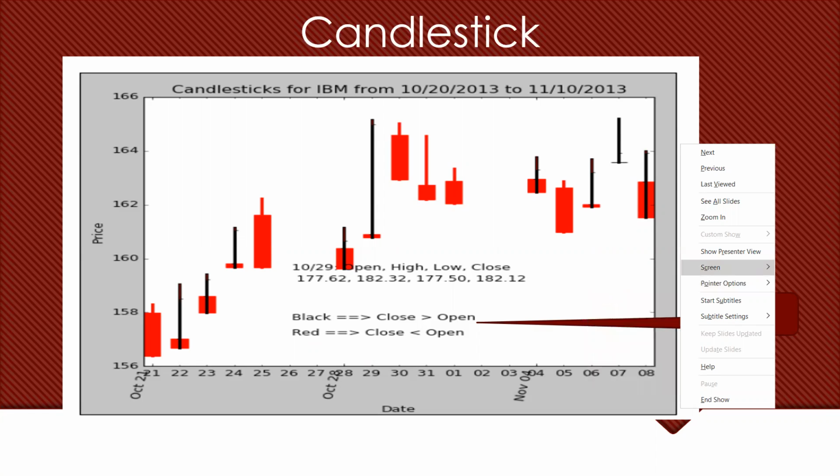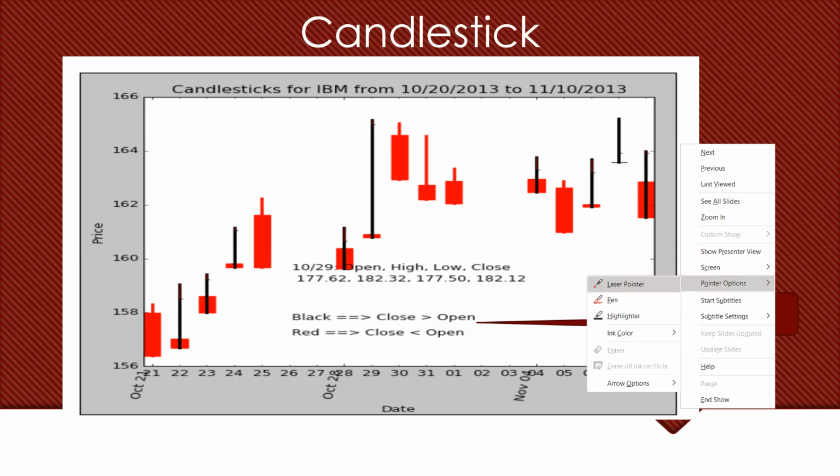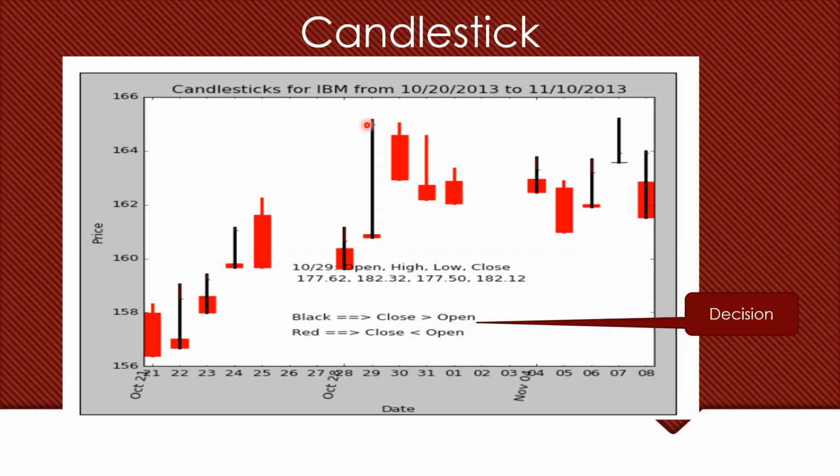Even in this example, you can see there is a black color here. This black color means the closing price is more than the opening price. Since the candlestick is very large, it means there is a huge increase in the price.